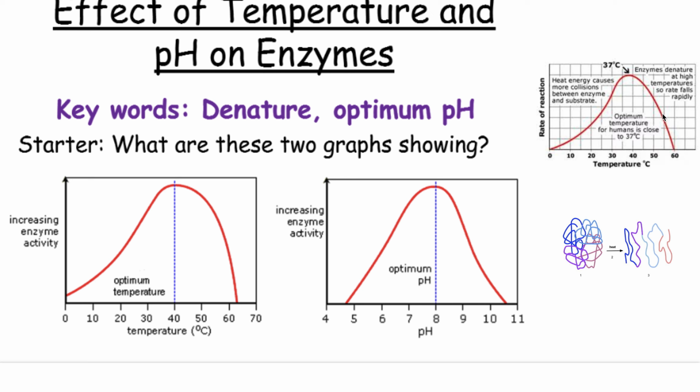And then, of course, after that, the temperature is too high for the enzymes and it starts to denature the proteins, and that's a problem. Okay, so each enzyme will have a specific temperature range that's optimal for them. Some will have an optimal temperature in and around 37 degrees, but of course if you think about